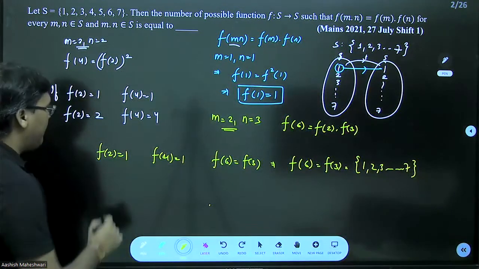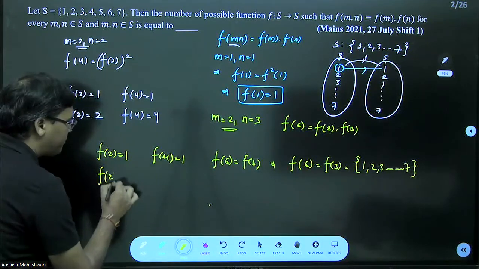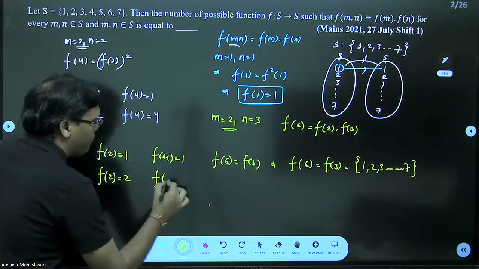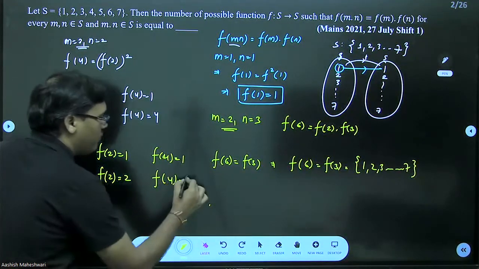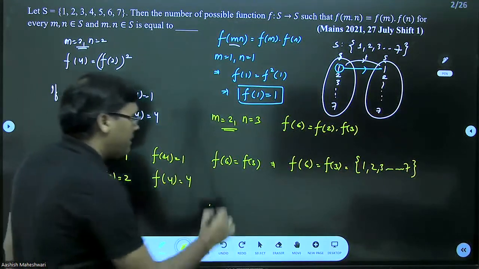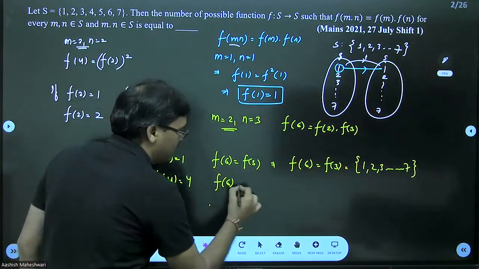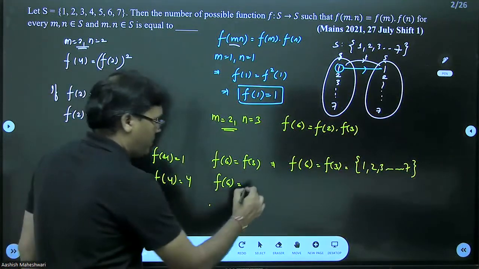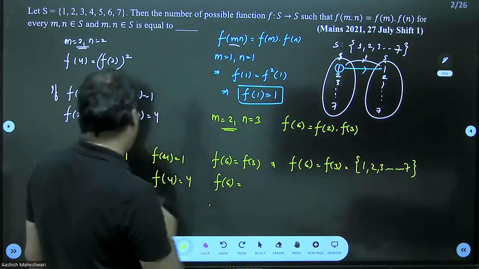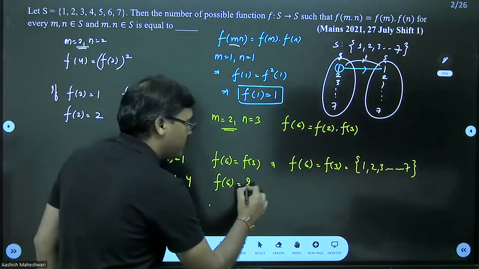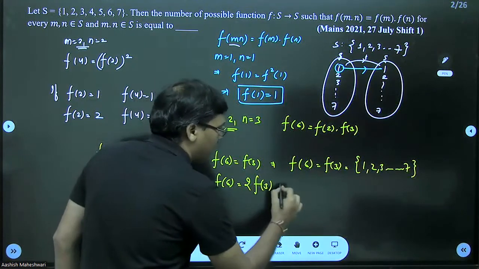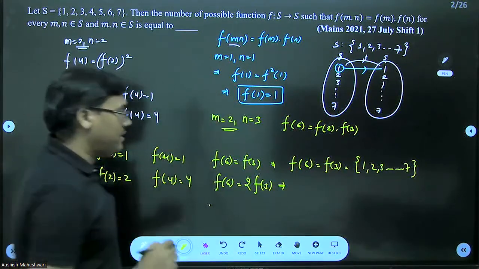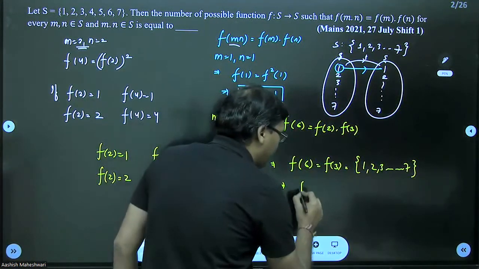Now if I say f of 2 is equal to 2, then f of 4 will be equal to what? f of 4 will be equal to 4. And if I say f of 6, so what is the corresponding value of f of 6? f of 6 will be equal to 2 times f of 2, which is 2. So this is 2 times f of 3. And from this you can see f of 3,